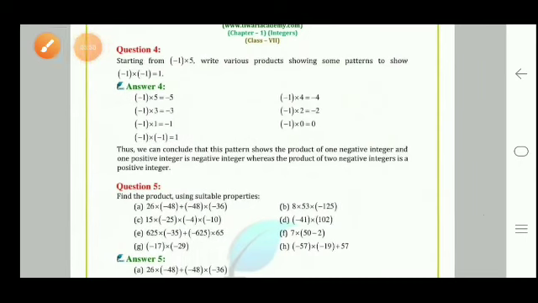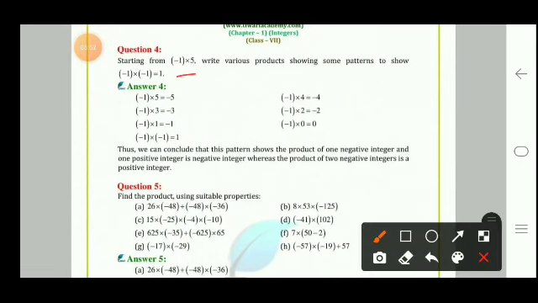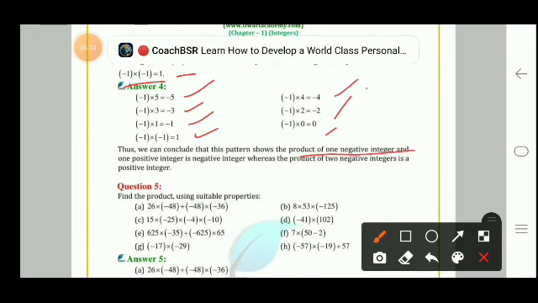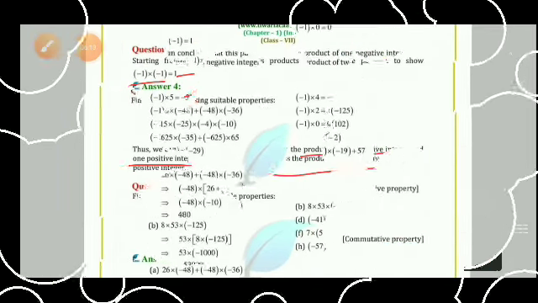Now looking at question number 4, starting from minus 1 into 5, write various products showing some pattern to show minus 1 into minus 1 is plus 1. So minus 1 into 5 is minus 5, minus 1 into 4 is minus 4, minus 1 into 3 is minus 3, minus 1 into 1 is minus 1, minus 1 into minus 1 is plus 1, minus 1 into 0 is 0, minus 1 into 2 is minus 2. So thus we can conclude that the pattern shows the product of one negative integer and one positive integer is a negative integer, whereas the product of two negative integers is